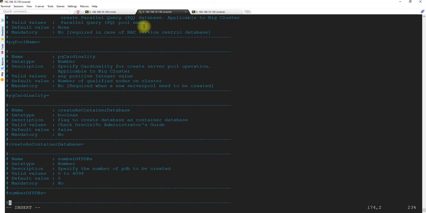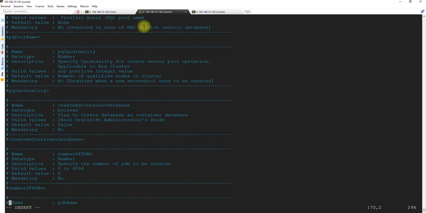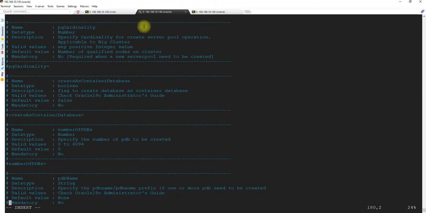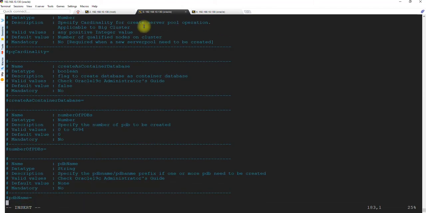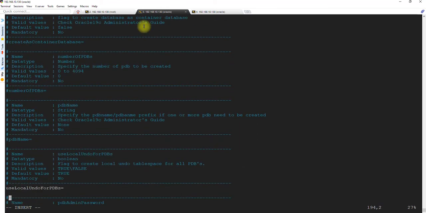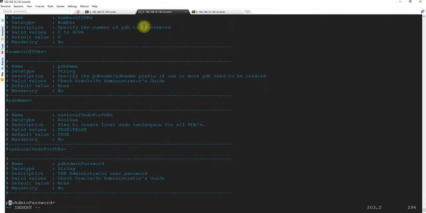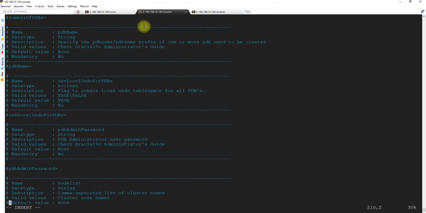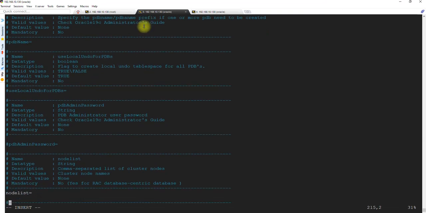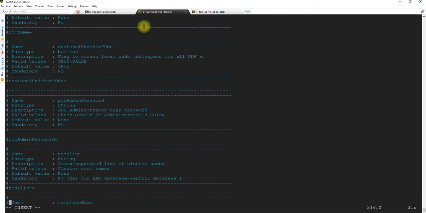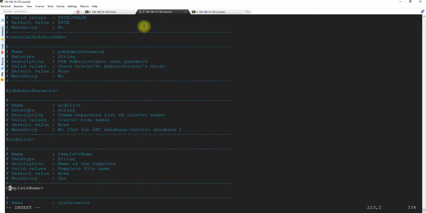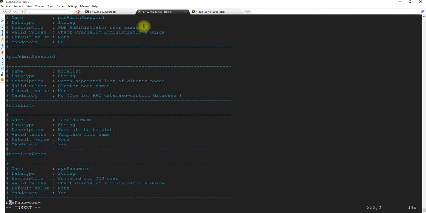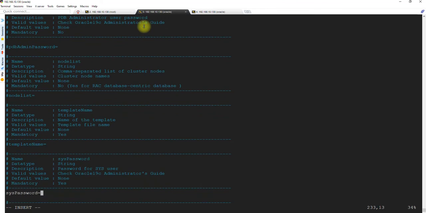If the database is not enabled as a container database, if we don't say yes, then there is no meaning of creating PDBs, because they will not be created. PDB name, no. These all relate to the multi-tenant environment. My next video will be installing the database software and creating the multi-tenant database, so don't worry, I am not touching that part. This is single instance, and then we will complete that part as well. So this is mandatory.